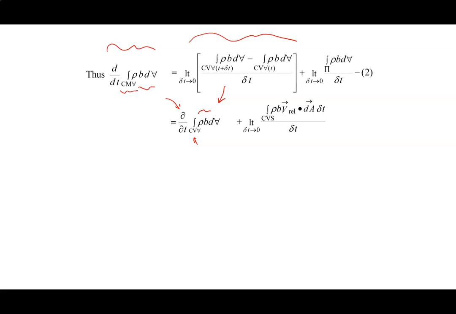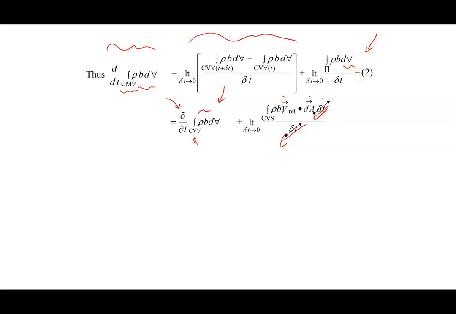And the difference is this extra term, which is the integral over the region pi, where I'm now replacing this dV in terms of vrel dot dA times delta t. And clearly, the delta t's are going to cancel out,